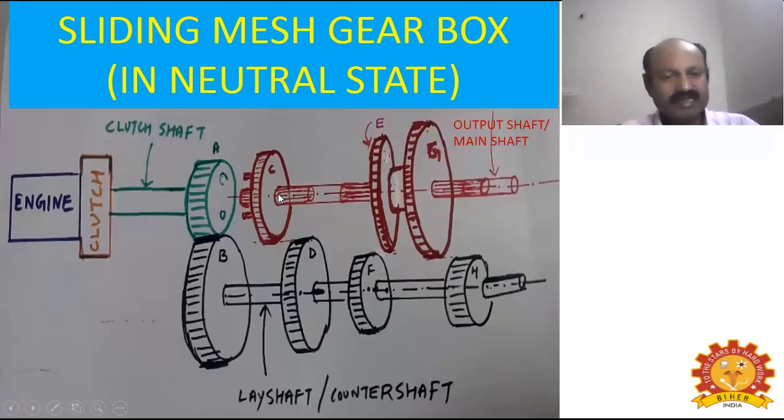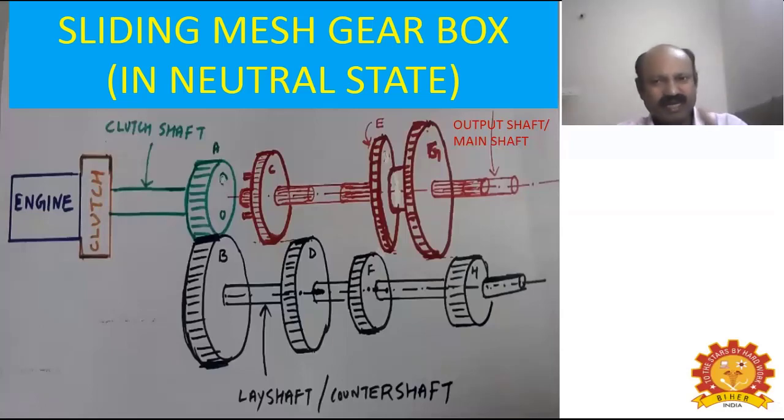Next, let us consider fourth gear, that is top gear, in the 4-speed gearbox. In the top speed, I want to run the gearbox output at the same speed as the engine. In first gear, even though the engine is rotating at 1000 rpm, when you shift to gear G, you are getting only 1000 rpm. Much speed reduction is achieved. Whereas in top gear, the fourth gear, you want to run the gearbox output at high speed, the same speed as the engine speed. Let us consider this example.